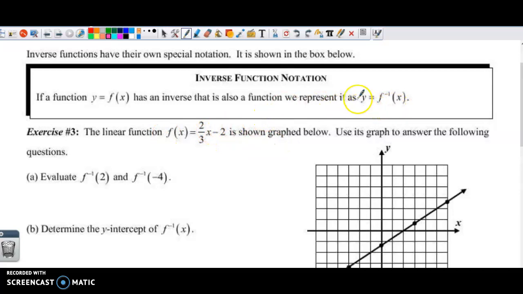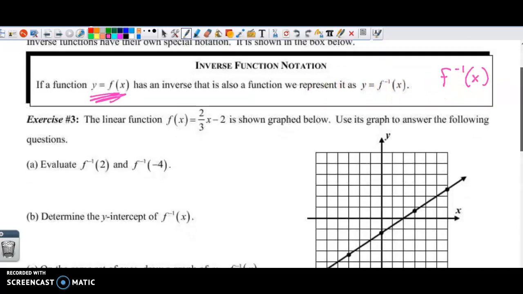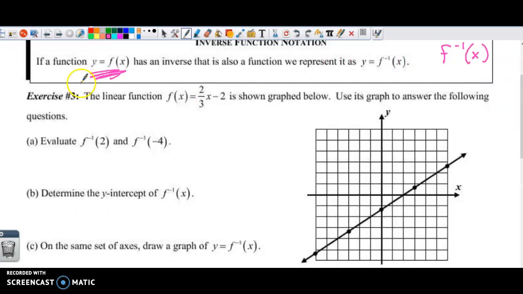And this might be new notation for you: if we're ever talking about an inverse of something, we have this inverse notation, and it looks like it says to the -1 power. So that's what they mean by inverses and how they're written. So if we look at this problem,